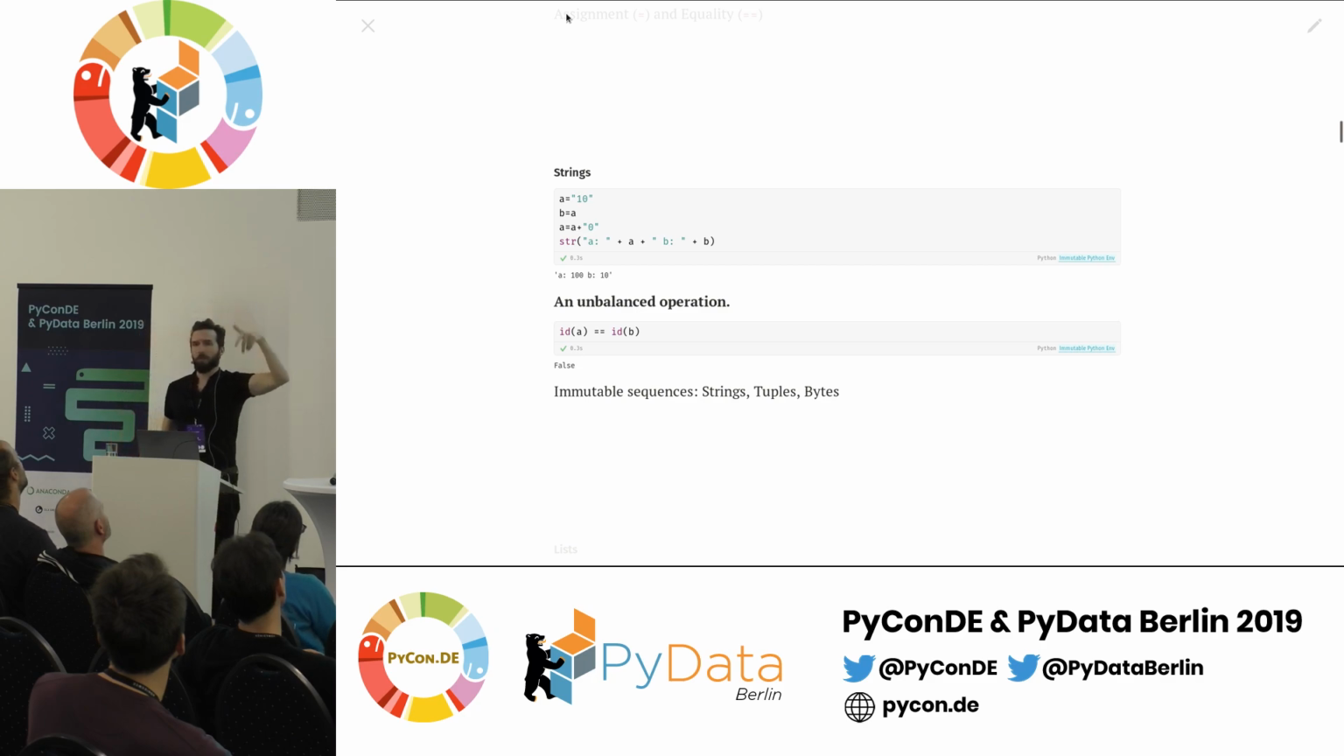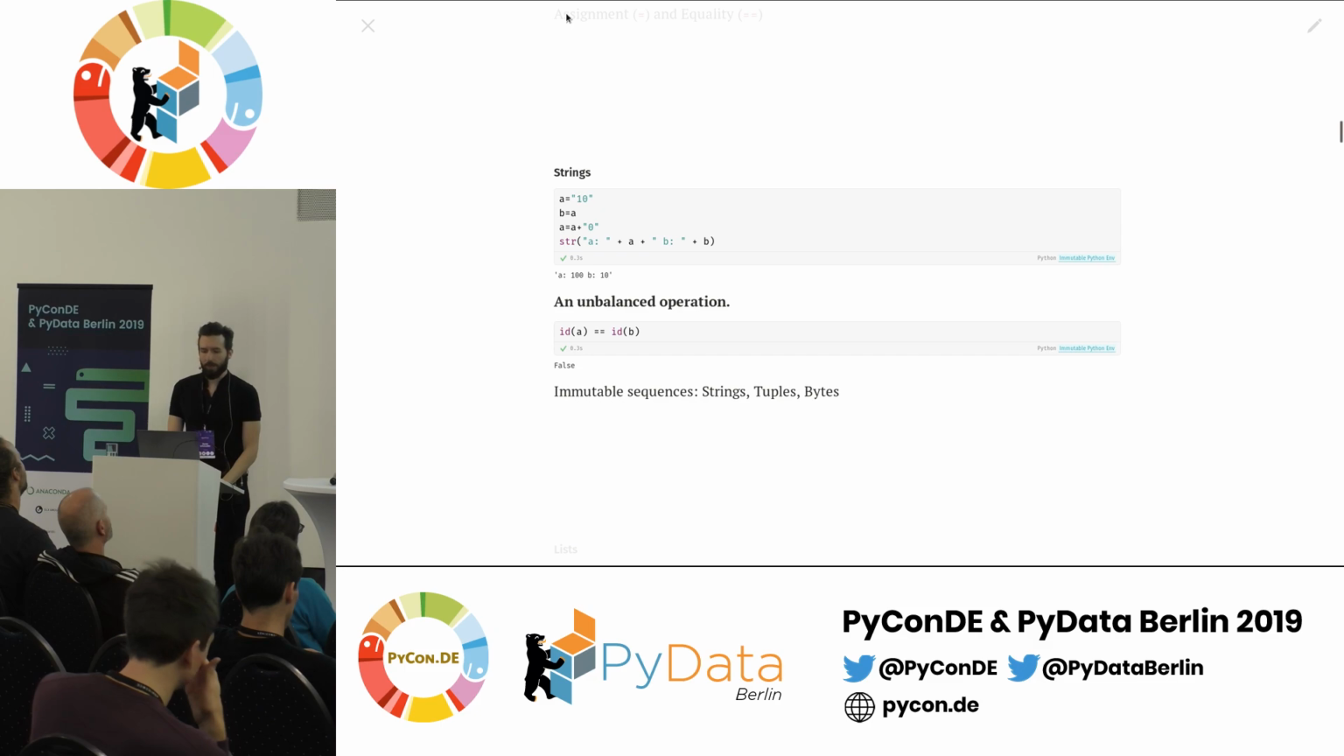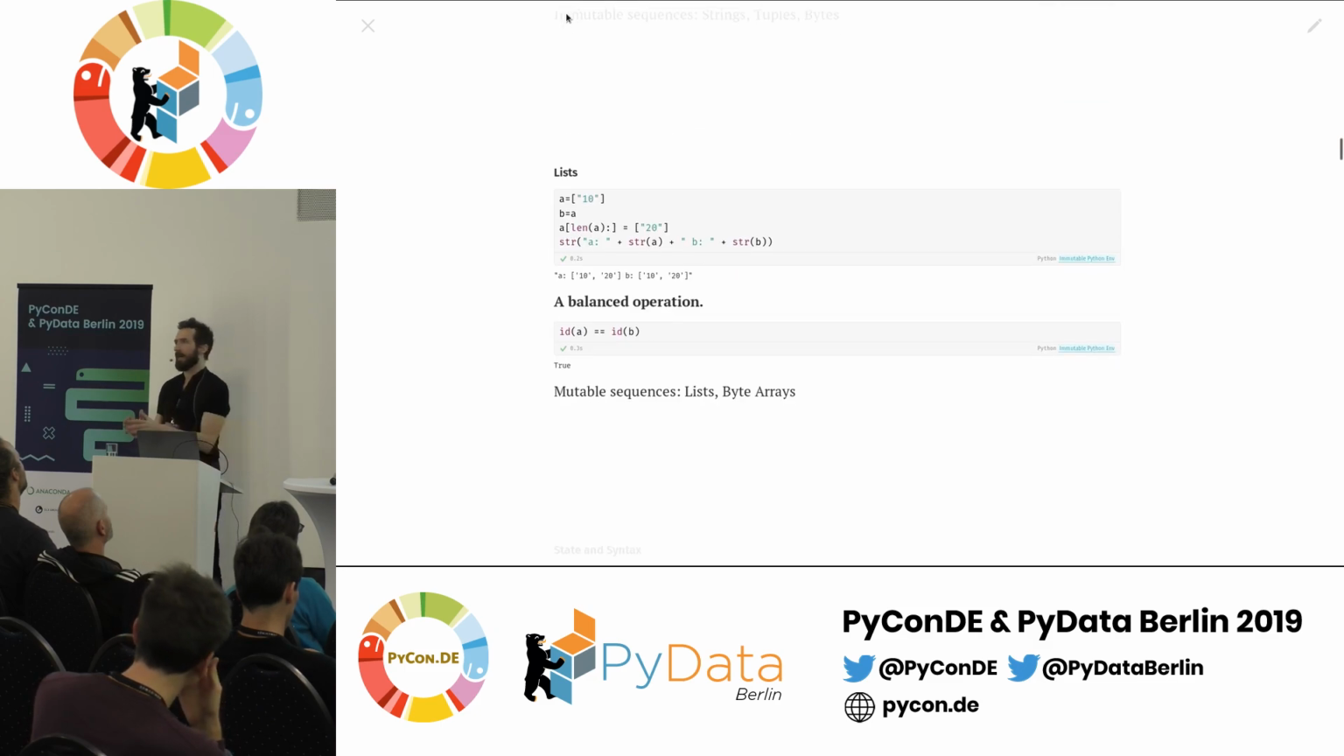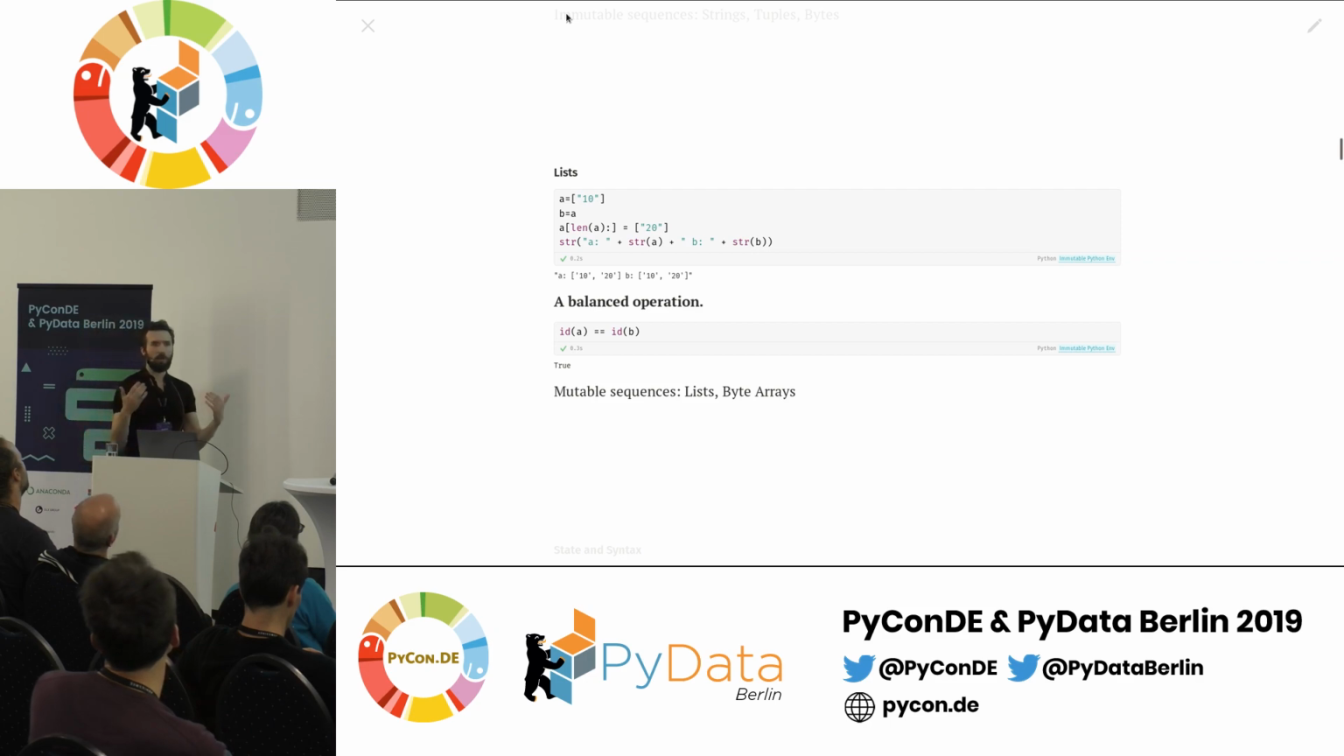and B, of course, is not updated, and that's because a string is what's called an immutable sequence of characters. And we can see that A and B are not in the same location in memory. Okay, this is a great premise, except for the fact that, of course, not every data structure in Python is immutable. There are also mutable data structures as well,